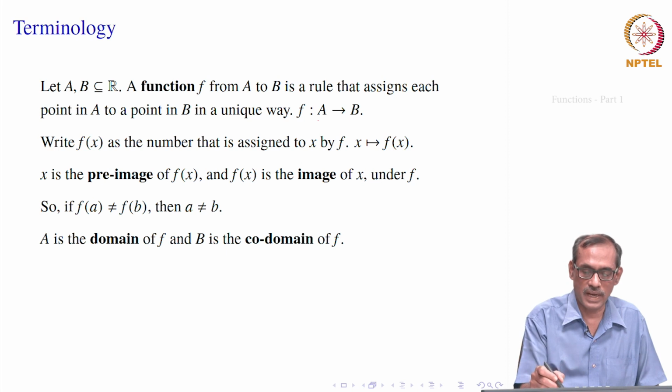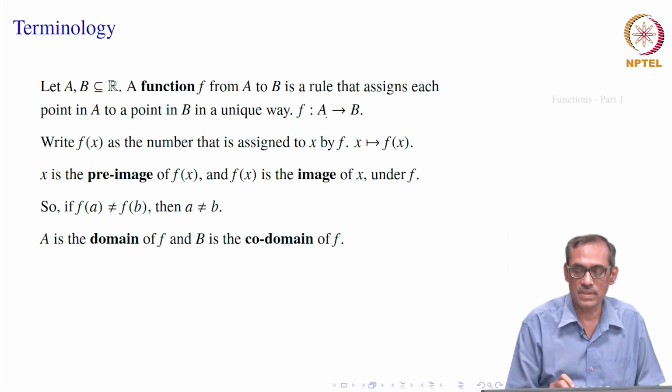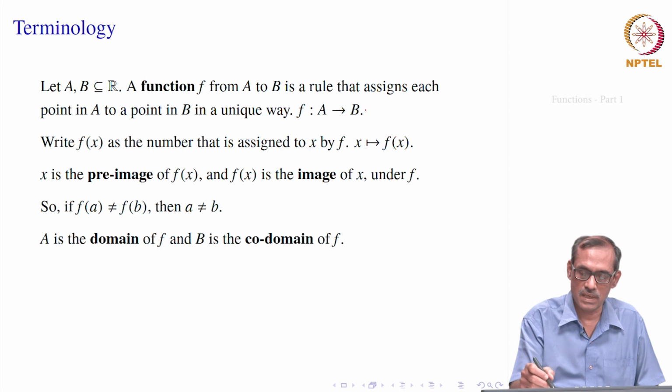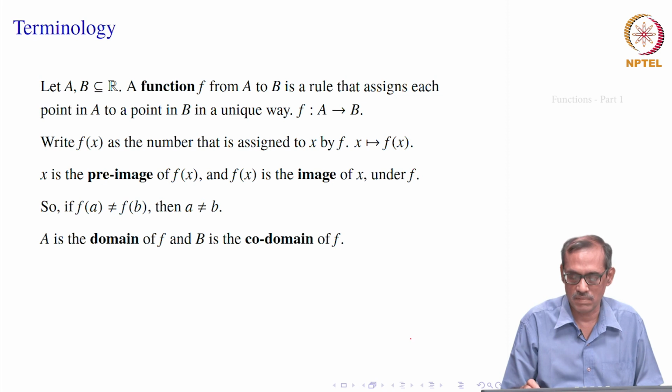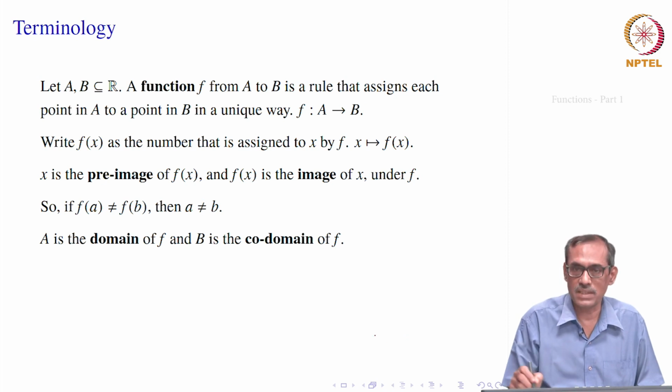So, now this set A from where the function is defined is called the domain of f, and the set B, or in total also R, is called the codomain of f. See that everything of this B may not have been mapped. For example, we will say mod x is taking from R to R, but the negatives in R are never mapped by mod x. There is no number in R, mod of that will be negative number. But R is the domain and R is the codomain of that.